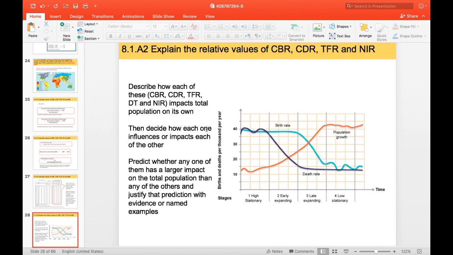Then decide how each one influences or impacts each other. This one influences this one, and both are going to influence that one, right? Predict whether any one of them has a larger impact on the total population than any of the others and justify the prediction. For example, if we have higher birth rates, the population is going to grow exponentially. But what is happening now with the